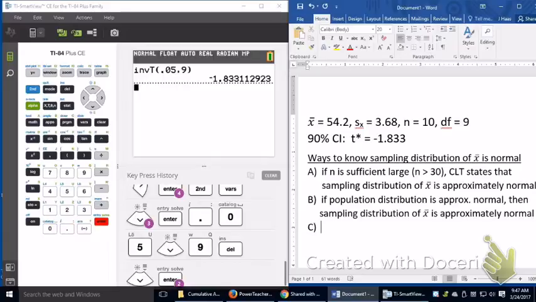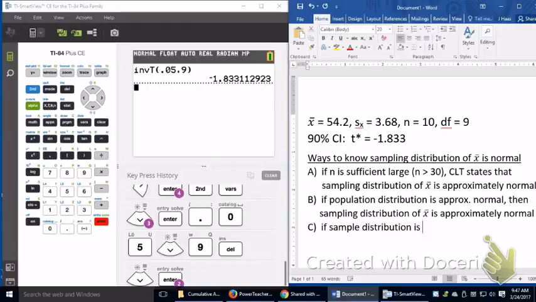So since I can estimate the mean from the sample mean and the standard deviation from the sample standard deviation, in a pinch, as a plan C, as a last resort, I can estimate the shape of a population distribution from the shape of the sample distribution. So I can say if the sample distribution